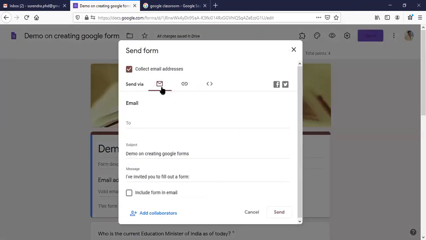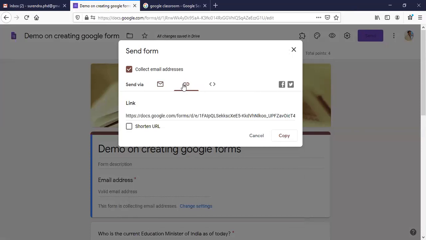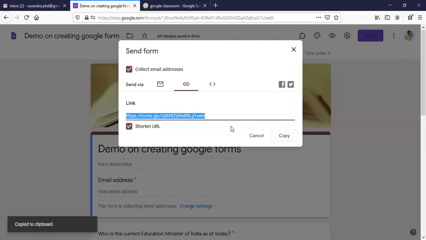In many ways we can send this Google form, one by mail, entering email addresses manually, or if we click on this link option, there will be a link available to your Google form. Usually it will be long. The best way is to click on this shorten URL, so that the URL will be made short. Click and copy this. Now you can share with anyone.